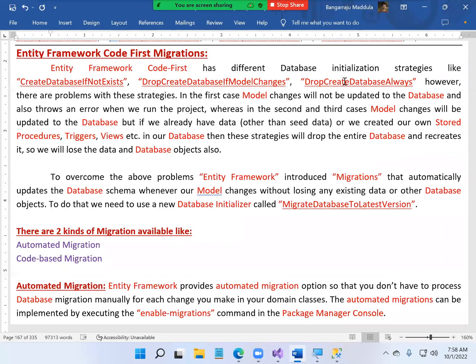Array, model changes won't apply here, and if you run the project, an error will come now. Whereas in the second and third cases, model changes will be updated to the database if they already have data other than seed data, or we created our own stored procedures, triggers, views, etc. in our database, then these strategies will drop the entire database and recreate it, so we'll lose the data and